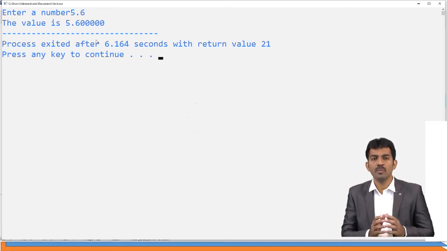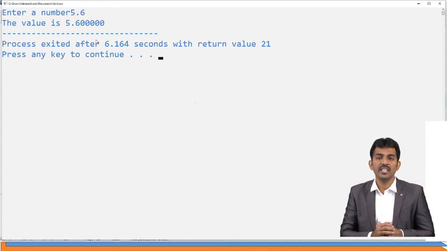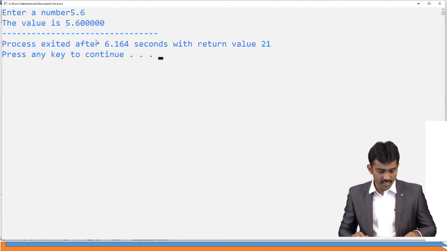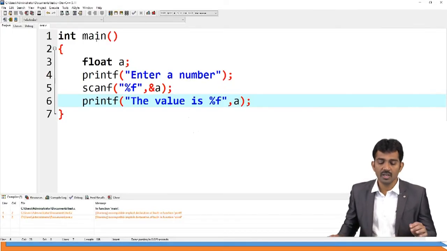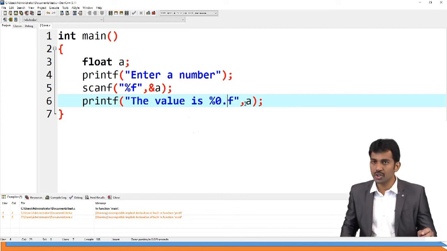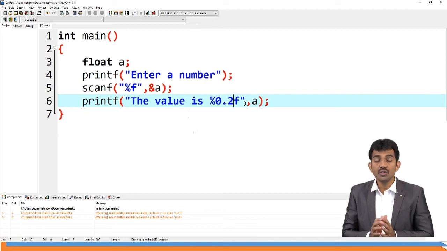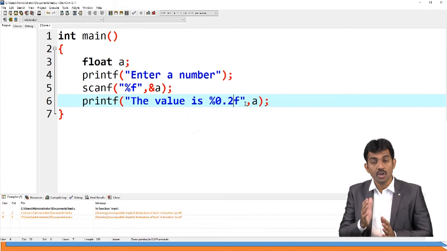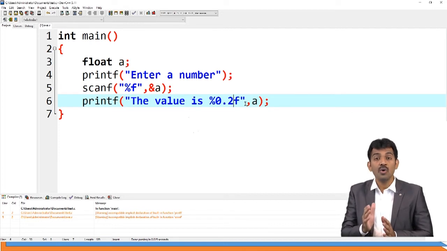For example, if you want to represent a weight only up to 3 decimals, right? If you want to represent rupees, we are going to represent only 2 digits, right? For example, if you want to restrict to only 2 digits, what can I do? See, I am going to tell you one small thing here. Instead of %f, you just use %0.2f. That means you are going to display 2 digits after the decimal. It means 0.2 means you are going to display only 2 decimals after the point.